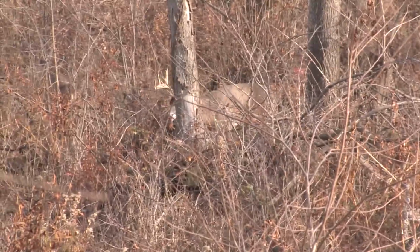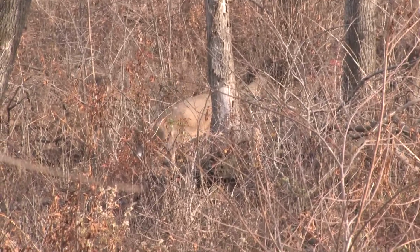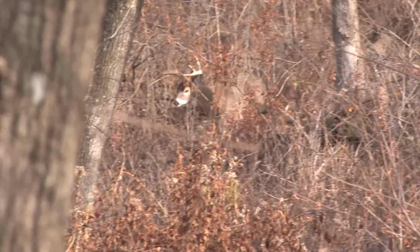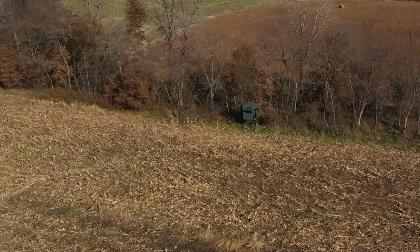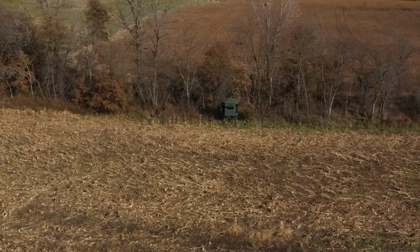So if I'm in the timber, I'm going to be in a tree stand. But if I'm in the open area, pretty good chance, unless I've got a really good wind advantage, like being up on top of a bluff and blowing my scent off, or something similar to that, if I'm going to be in a more open area, I'm probably going to be in a blind. And I just want to have success. And maybe someday I'll say, I really don't care if I kill stuff or not. All I want to do is sit in a tree. Maybe that day will come, but it's not here yet. I still like to have close encounters with these deer that I'm hunting. So keep those two situations in mind, and I think it'll really make you, like I said, a more effective